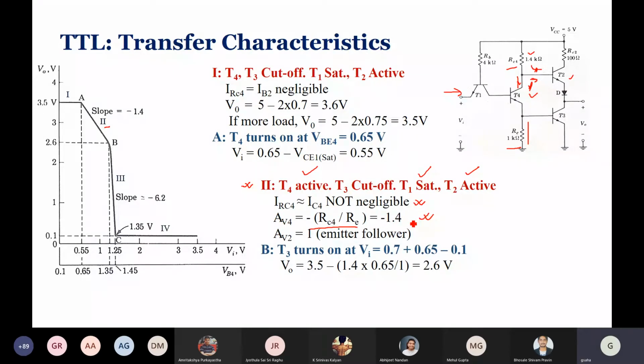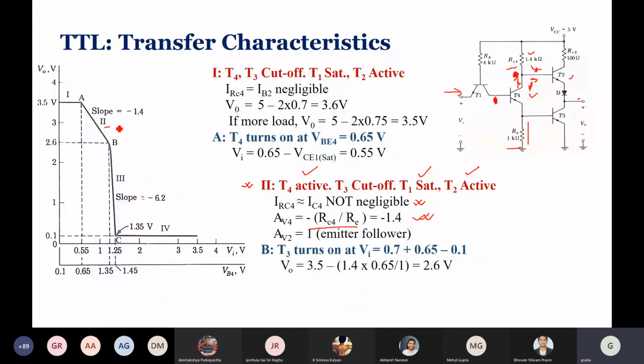Okay, so the voltage over here, okay, this is the output. In consideration, voltage over here will follow the relationship which is given by AV4. And the voltage over here and the voltage over here, the changes I am talking about. Okay, so this is an emitter follower configuration. So whatever changes are happening, the similar changes will appear here. The gain is 1. So changes over here and changes over here, they will follow exactly.